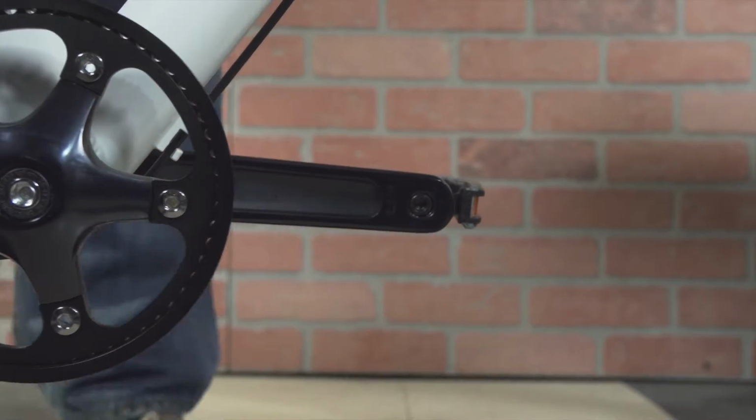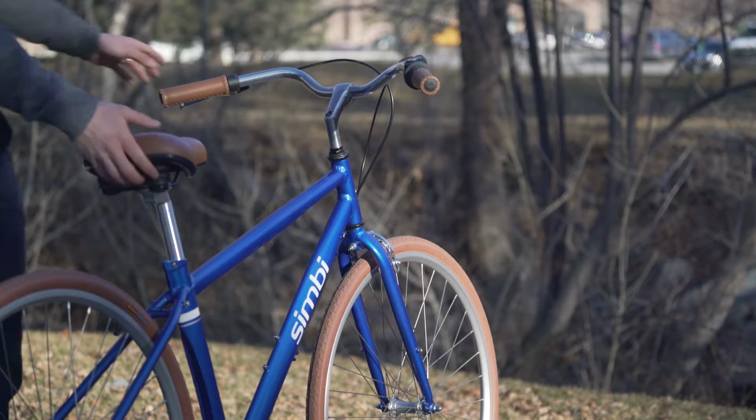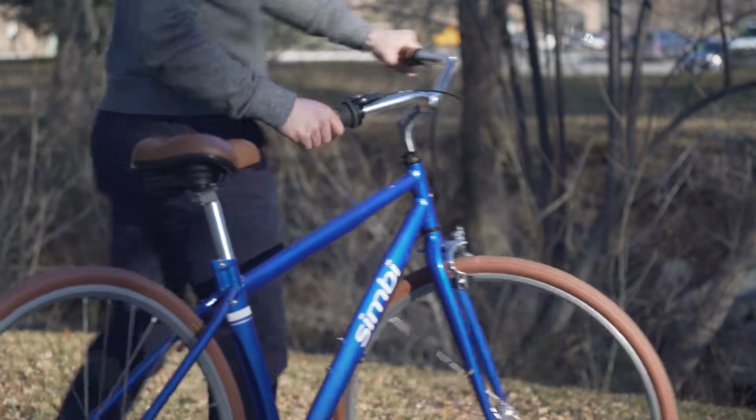And there are your Simbi pedals. And there you have your brand new Simbi bike. If you have any questions,